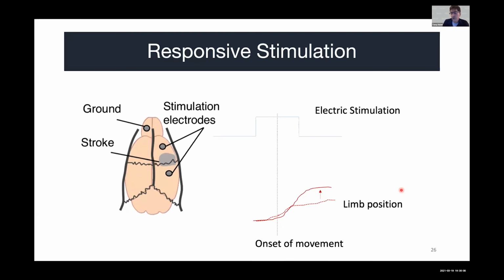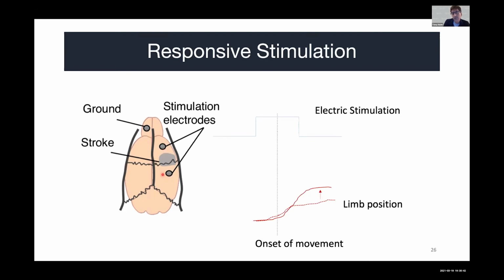to modulate neural excitability. Earlier in the week, you heard of transcranial magnetic stimulation. But what we did here was epidural cortical stimulation. So this is the top view of the rodent brain. We essentially delivered electrical current over the peri-lesional site. So if this is the stroke site, we implanted bone screws, and the ground bone screw was implanted over the olfactory region in the contralateral hemisphere. And we passed a direct current through these sites. This was the ground, and this was either the anode or the cathode.